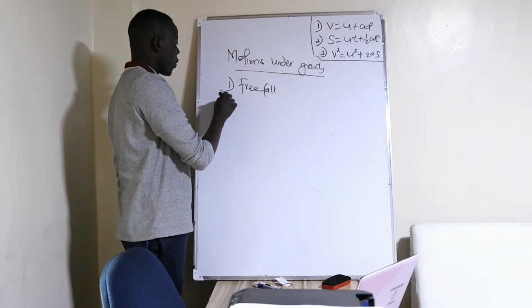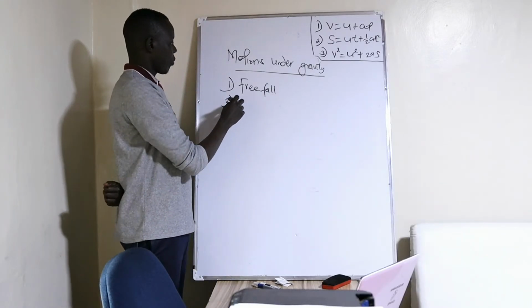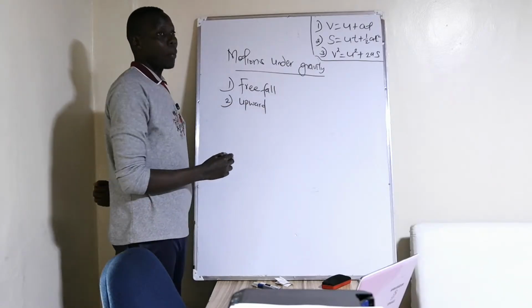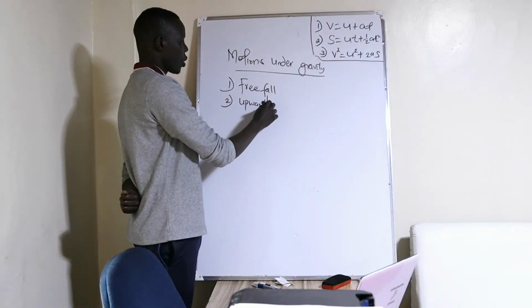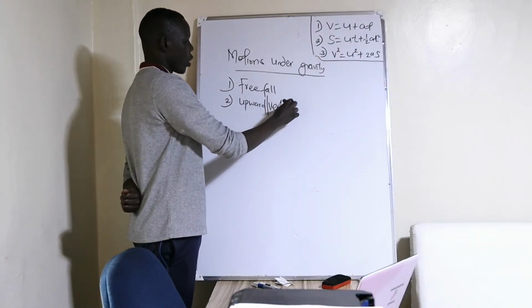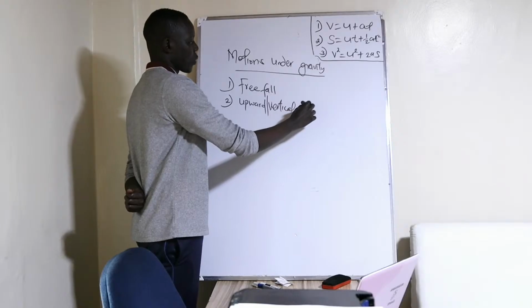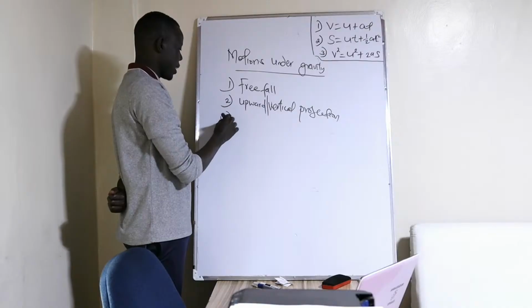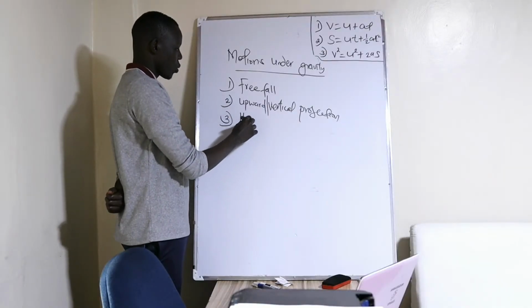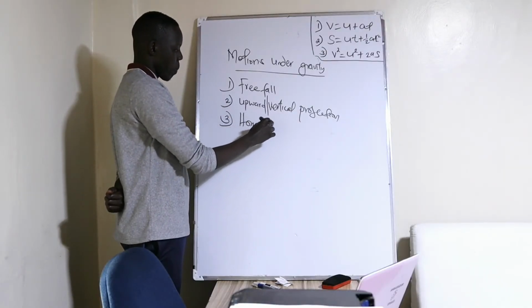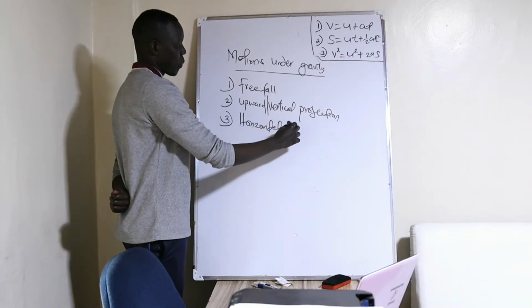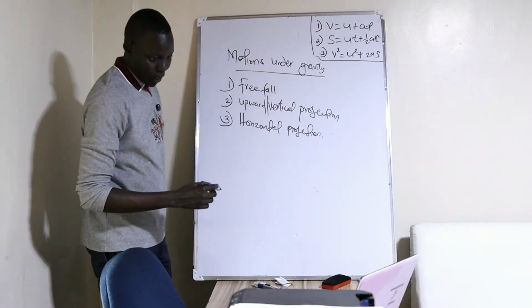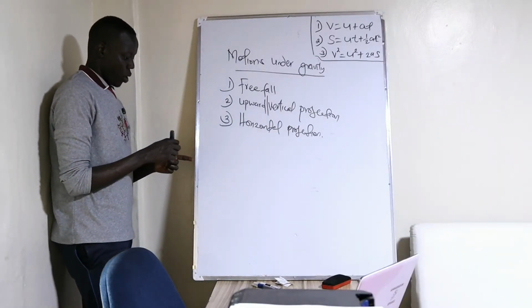Free fall. 2, upward vertical projection. Then number 3, we have horizontal projection. Yes, these 3 are the ones that we call motions